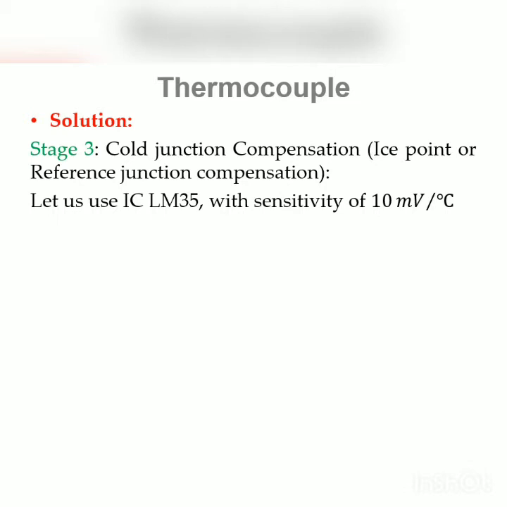Now earlier we have seen that the total sensitivity of the signal conditioning circuit needs to be 1 millivolt per degree Celsius. But when we add the cold junction compensation voltage to the output of the thermocouple, both sensitivities will be different. That's why we have to bring down the sensitivity of the LM35, or attenuate the output of the LM35 by a simple potential divider circuit so that it will also be equal to 1 millivolt per degree Celsius.